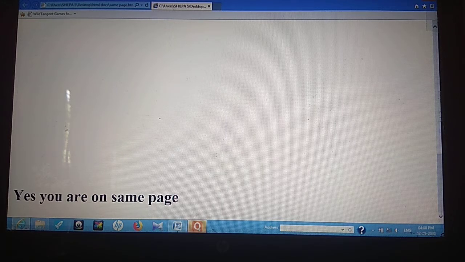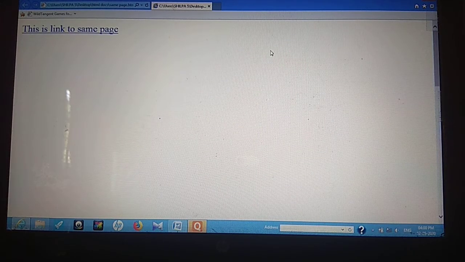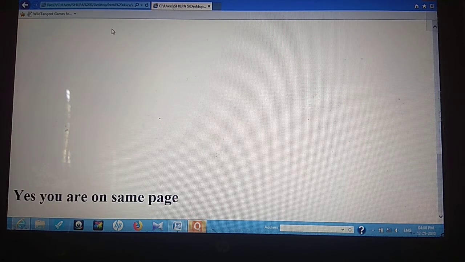This line is at the end of your page and my text link is over here at the beginning of the page. Now how can I jump from this link to another paragraph or text on the same page? I'll click over here and I am able to see that paragraph on the same page, which is at the end. So how is this possible?